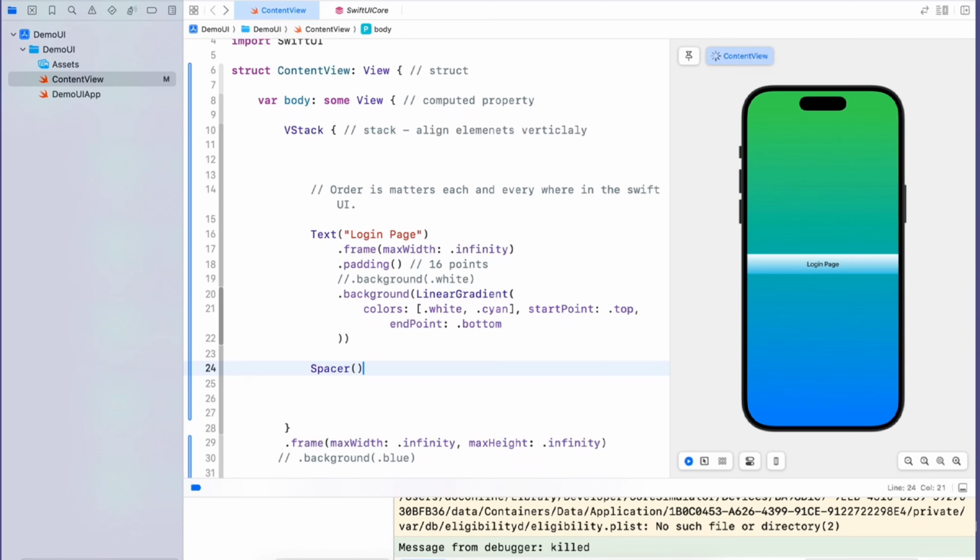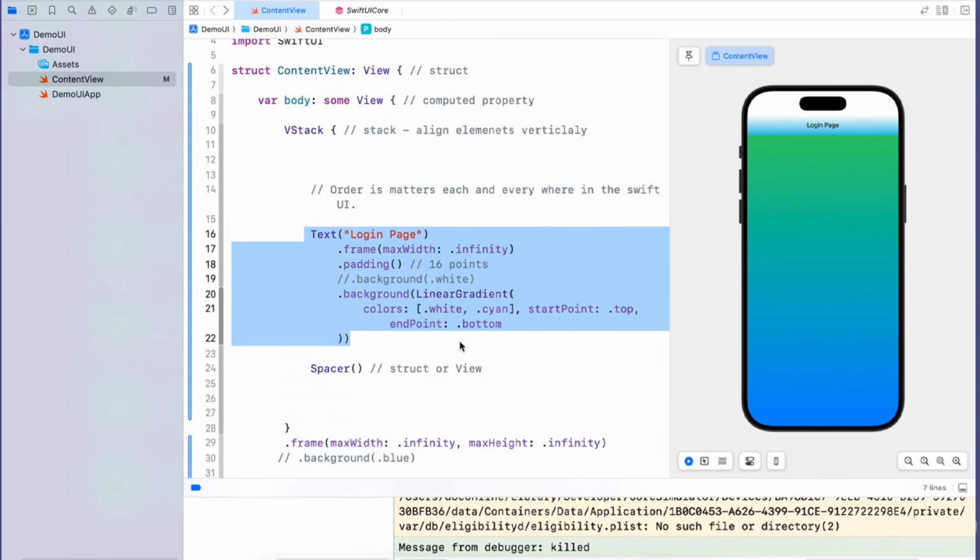What is it? It is also a struct. It is a view. What is this? Struct or view. What is the use of spacer? Look at here. I called the spacer below the text view. This login paste text view. That is a reason